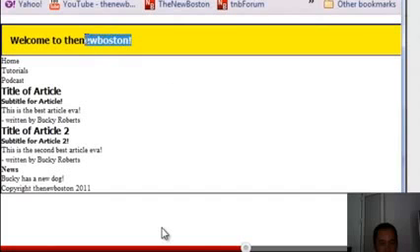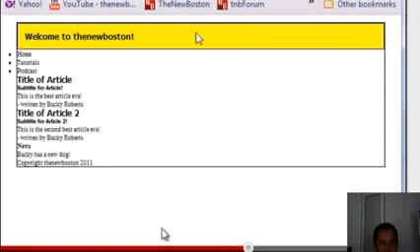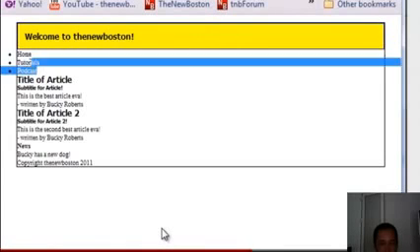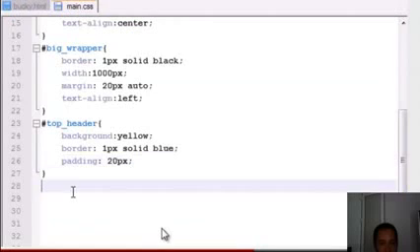The space between the text itself and the border. Pretty cool. So we now have a yellow background and a blue border. Looking good. So now let's go ahead and jump over to this top menu, and we can do that by referencing